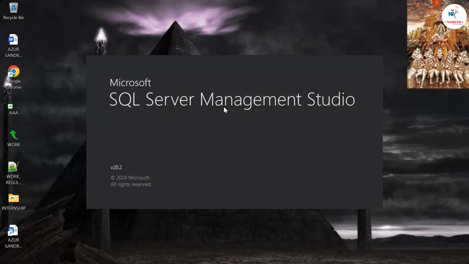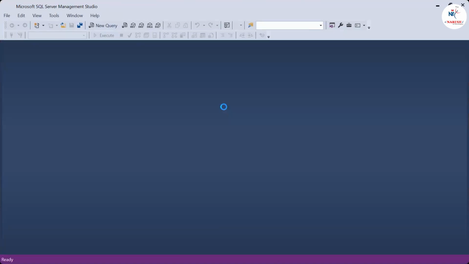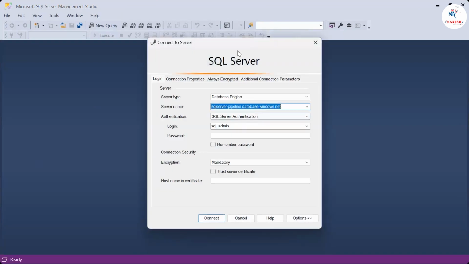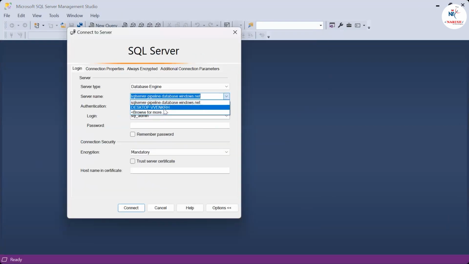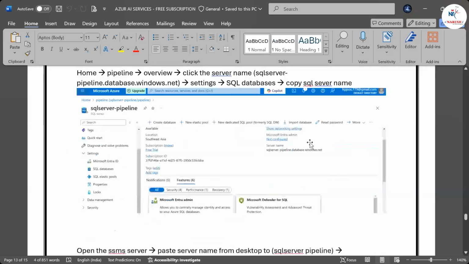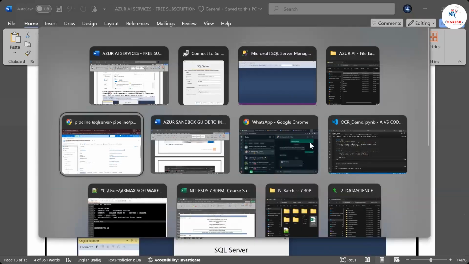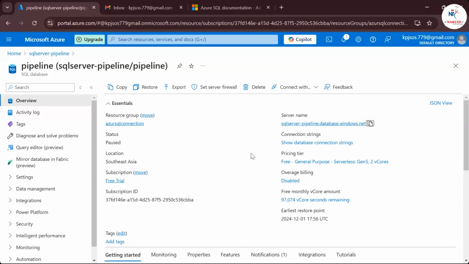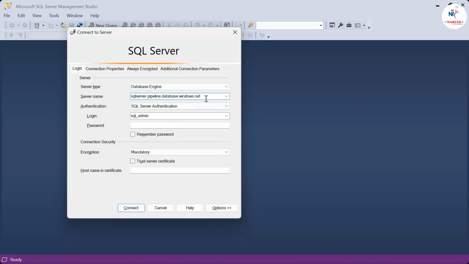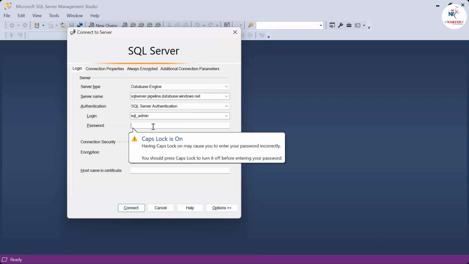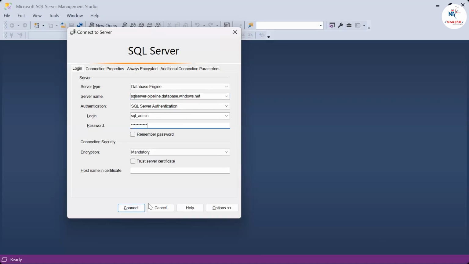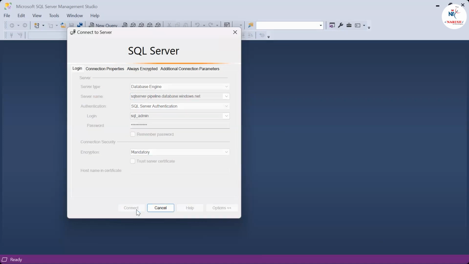Once you install SQL Server, go to Google, SSMS, Studio. You give authentication. When you install, by default it will give you this access, guys. You click the copy I copied here. Do you see this file name? If I go to my pipeline here, I copy this, go to the server and paste. After that, log in with the SQL admin and a password and then connect. So when you connect,